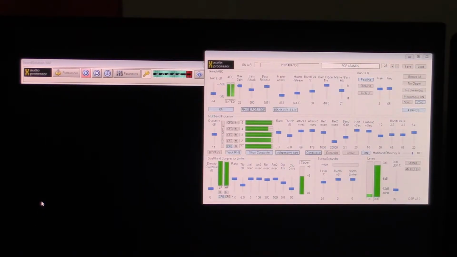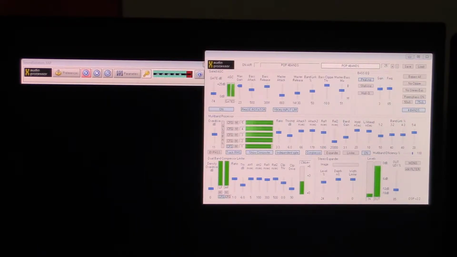But episode 13, what we're doing here is reviewing the audio processing that I use for my home FM radio station. It's called XAP, which stands for X Audio Processor. And the company that makes this is called XDevil. I think I mentioned in a previous video that was the name of this, and I think at one time it was, but if we click on, well, first of all,